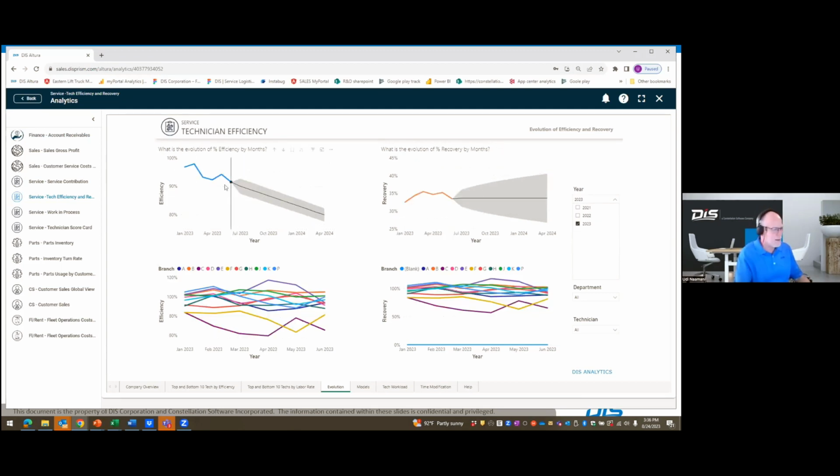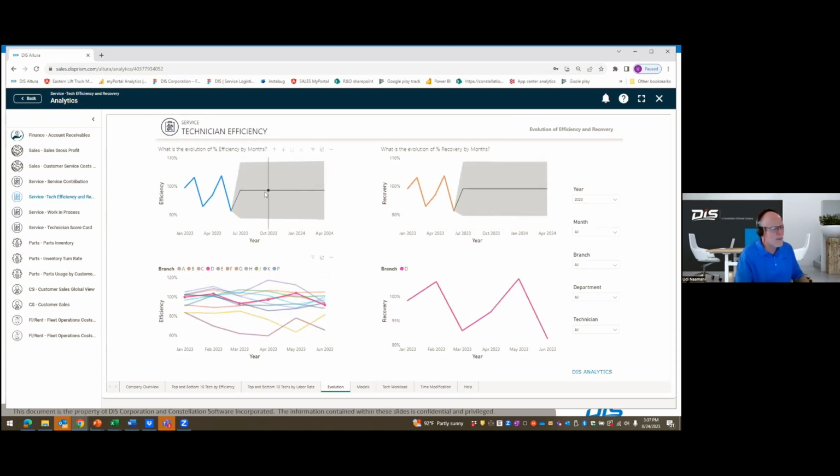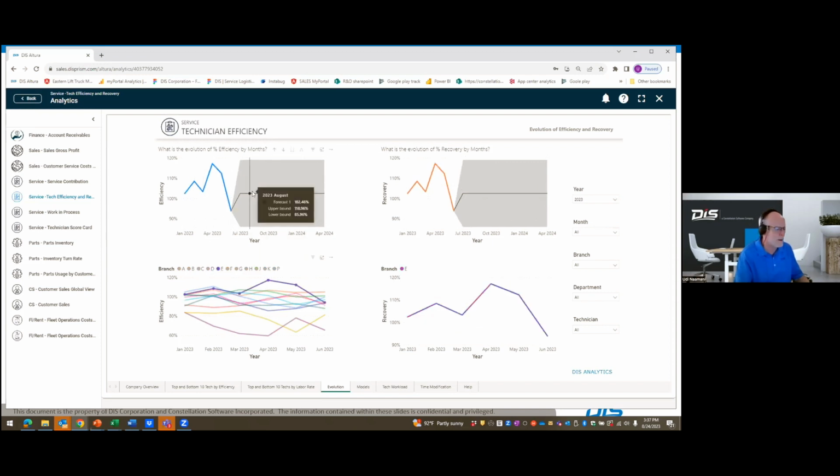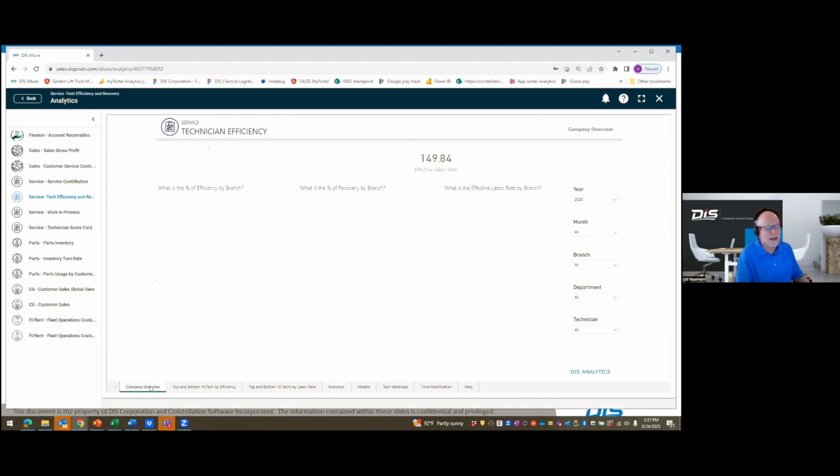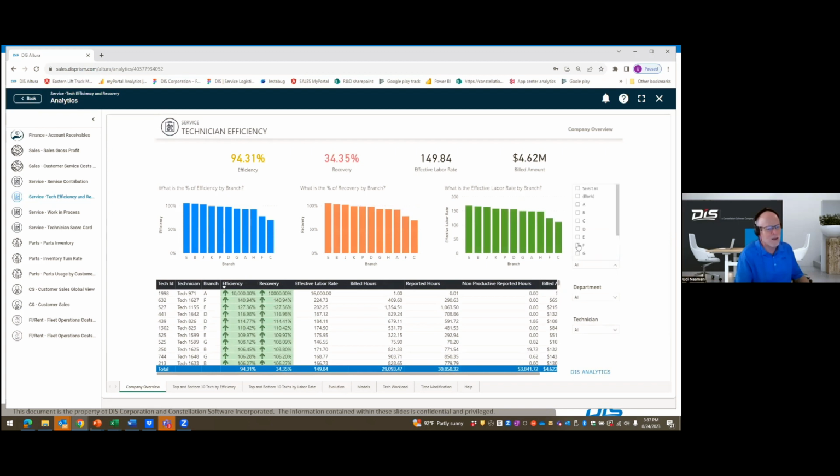Year to date, we're going down. Our efficiency is trending down. More than that, the data science says that it's going down so consistently that the data science feels confident that you're going down, and you can see the gray is very narrow, right? To tell you, oh, high confidence you're going down. But why? Is it location D that contributes to that? Well, they're close to 100%, so they're probably not the case. Is it E that contributes to that? Well, they are well over 100, so they're probably not it. But if I look at F, well, F is going down, and they are low. So maybe it's F. So let's go back here, and let's say, okay, I want to look into F to